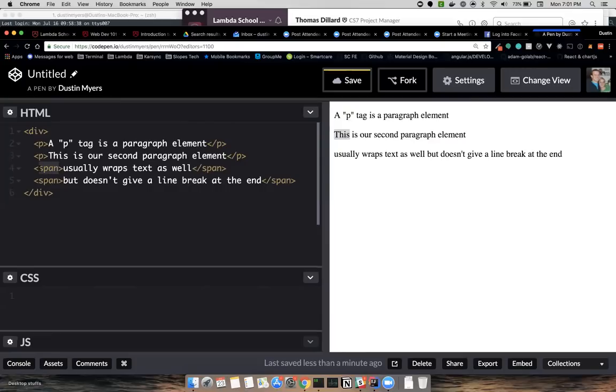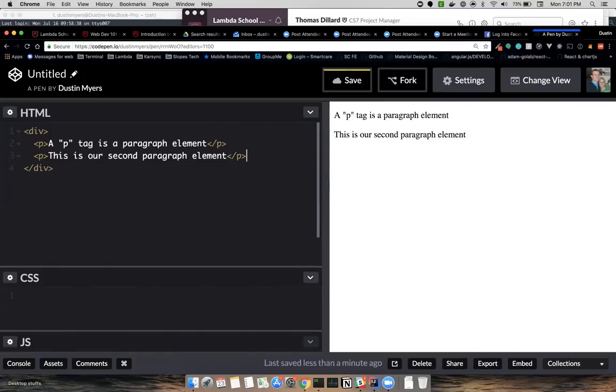The other thing that we can use span tags for is, let's go ahead and move these. Let's say we want these two words here to be bold instead of just this normal text. We can define another span element inside of our paragraph element, just completely wrapping that set of text.